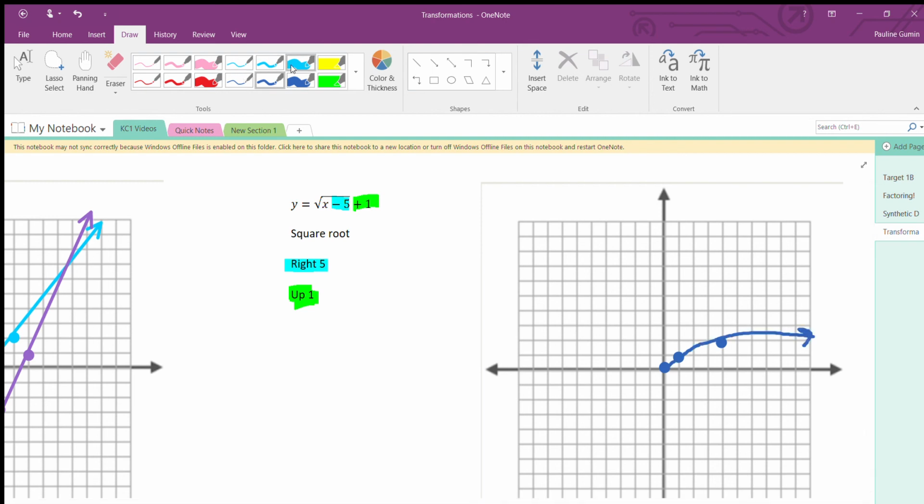And let's do some transforming to it. I'm going to move every single point right 5, up 1. 1, 2, 3, 4, 5, up 1. 1, 2, 3, 4, 5, up 1. 1, 2, 3, 4, 5, up 1. So our